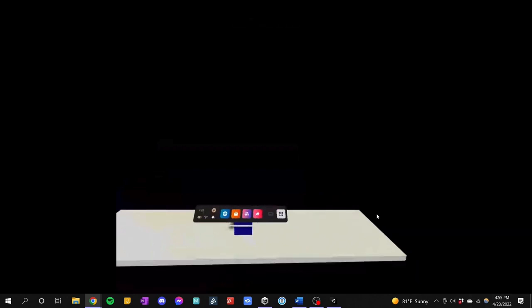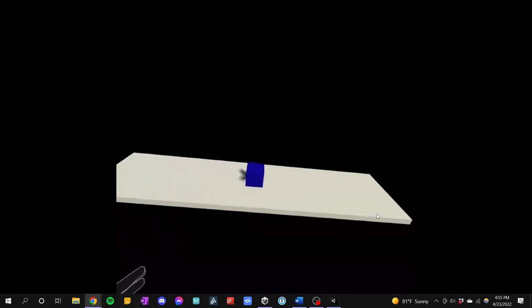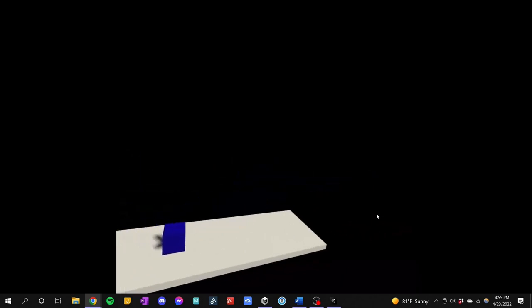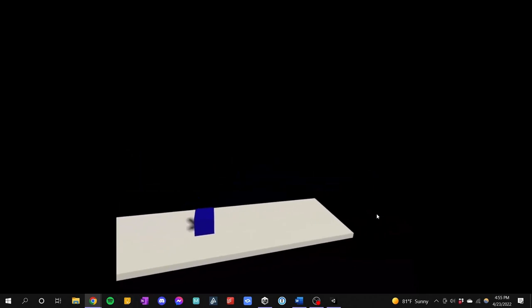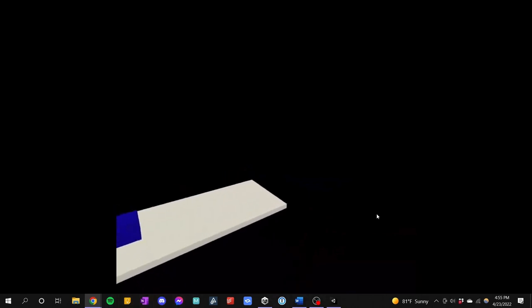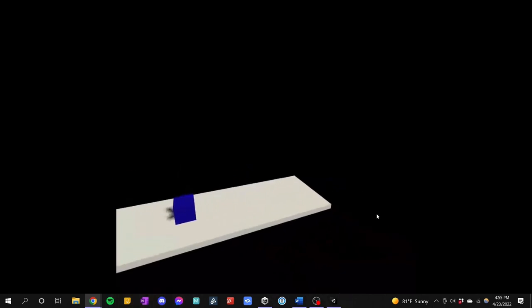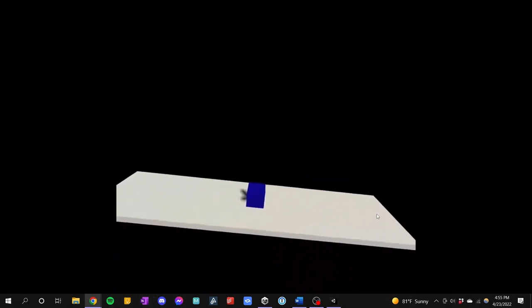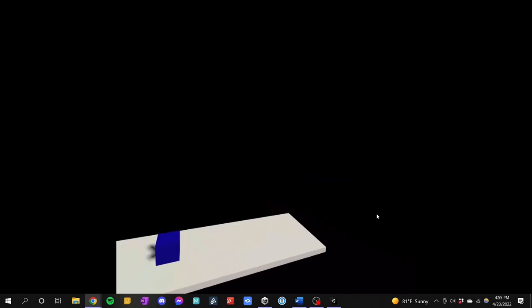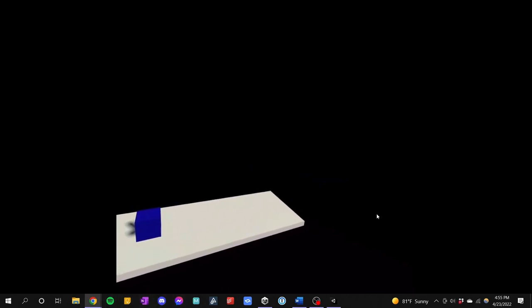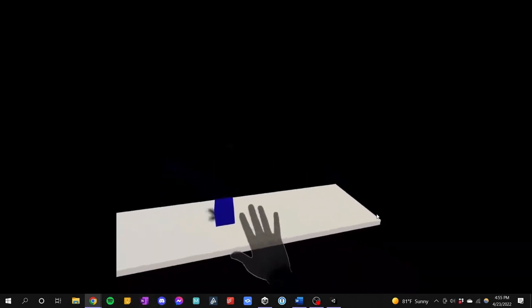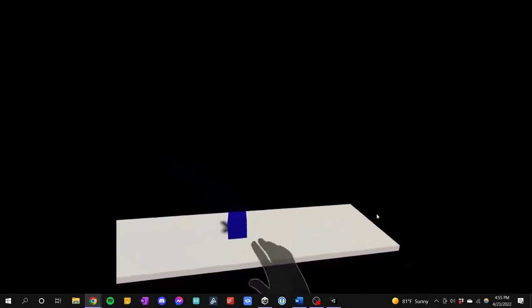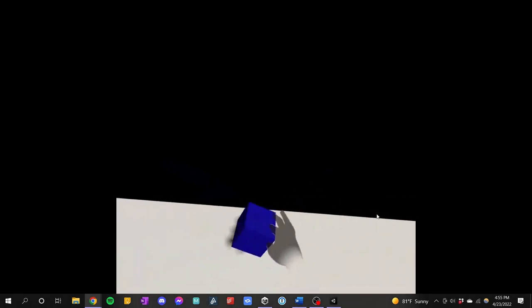Remember when I mentioned when we're using pass through, you're not going to see that, I can see the pass through. So right now I can see my room through the headset, and I can see this shelf and these cubes overlaid inside of my room. So here's the hands, and what do you know, if we go over to grab the cube, we can pick